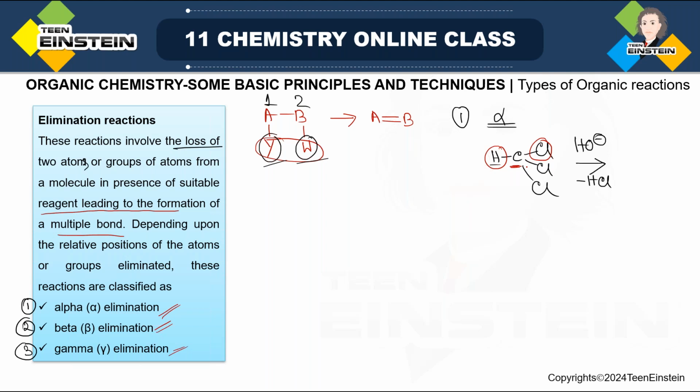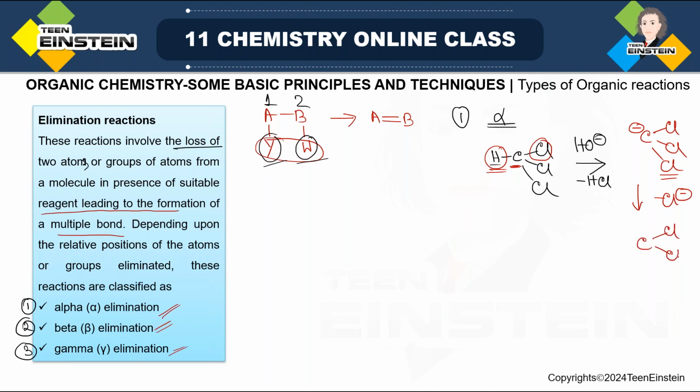Though it is true that beta elimination is the most common. Whenever we talk about elimination, it is beta elimination that you will see in most places, not alpha or gamma. But we have to understand the difference among these three. So that is why it is important to discuss all three, right? So what is happening here? First, this H will be removed and there will be formation of a negative charge. Okay. And finally, one of these chlorines will be removed, and it will be removed in such a way that it takes the electron with it. And after all,